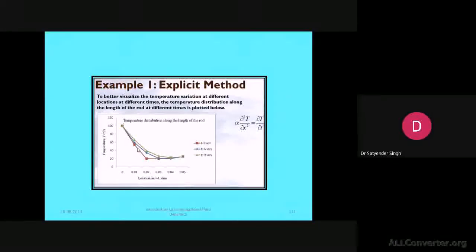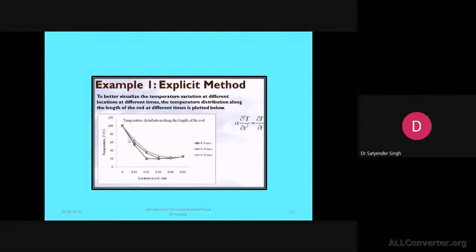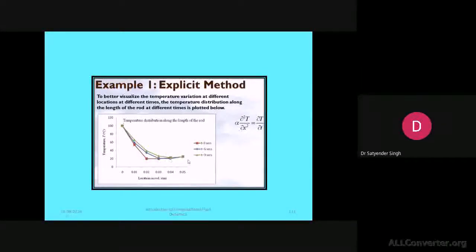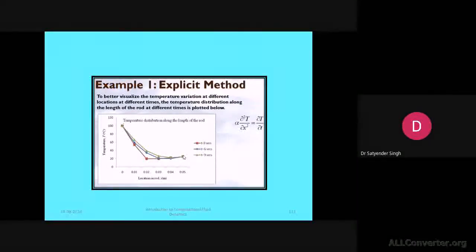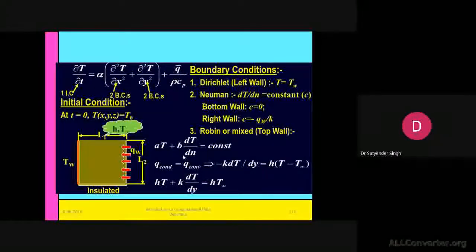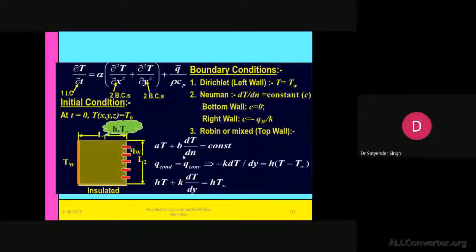So if you present them graphically, then for the first 3 seconds we have this curvature, and for 6 seconds it is showing a different trend, and for 9 seconds this is the final trend. Accordingly, if we do some more iterations for more time, then there will be one straight line that comes from here to here. So this we have already discussed earlier.